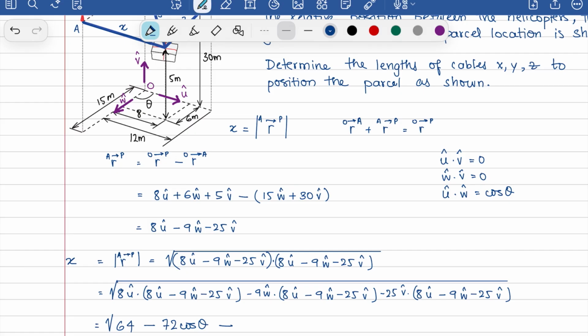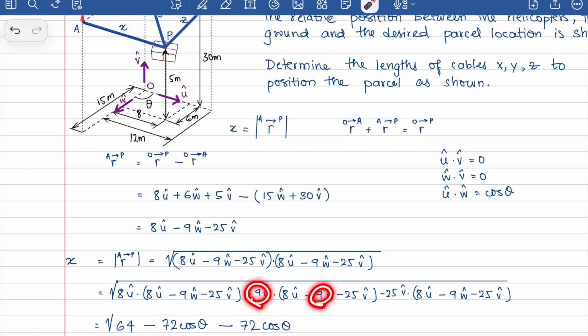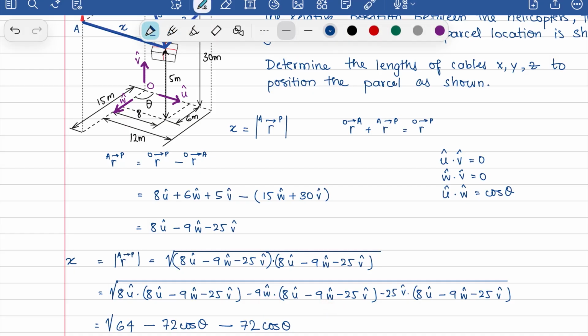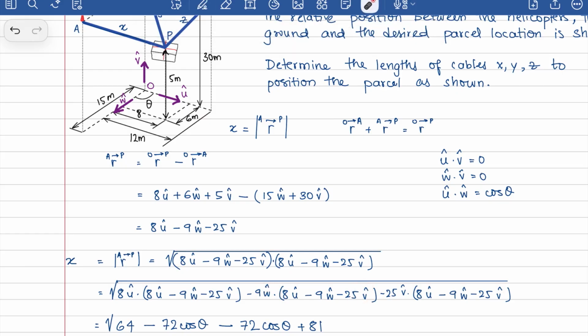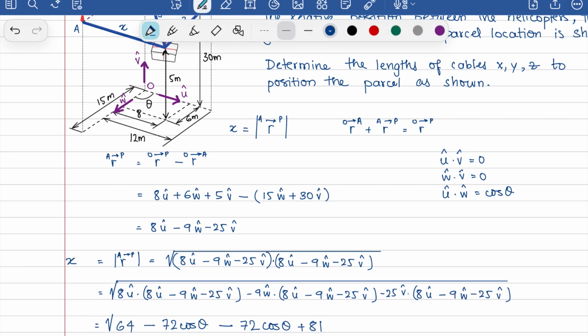Okay, and then you have minus 72 w hat dot u hat, which is again cos theta. And then 9 times 9 w hat dot w hat is 81. So it's plus 81. And then these two vanish. You keep doing that, and you will get